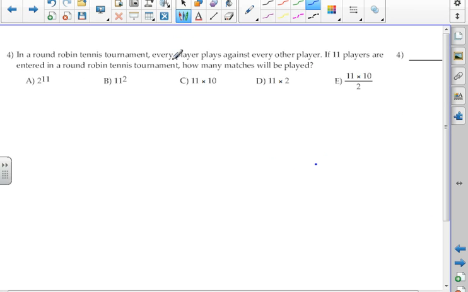Round robin tournament, every player plays against each other. If 11 players are entered in a round, how many matches are played? Okay, so everybody has to play everybody else. No, that'd be way too many, I think, wouldn't it? Round robin tournament, every player plays against every other player. If 11 players are entered, okay, so